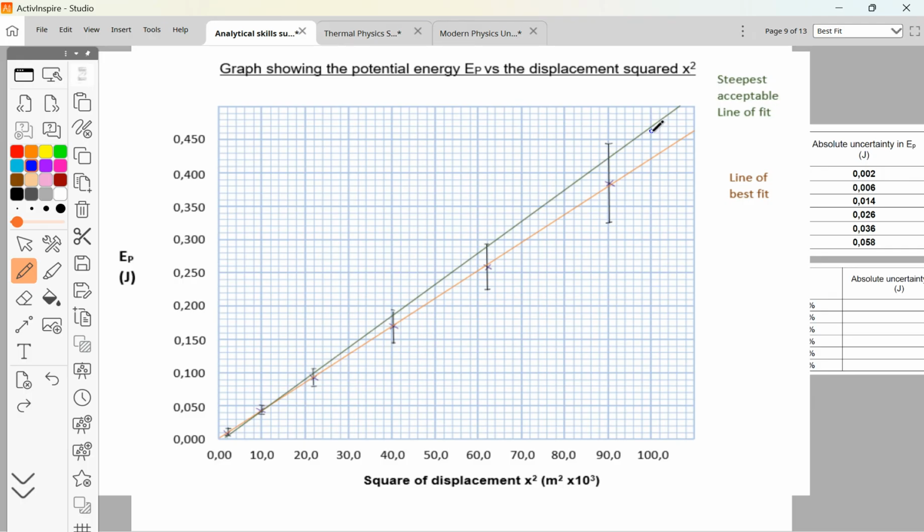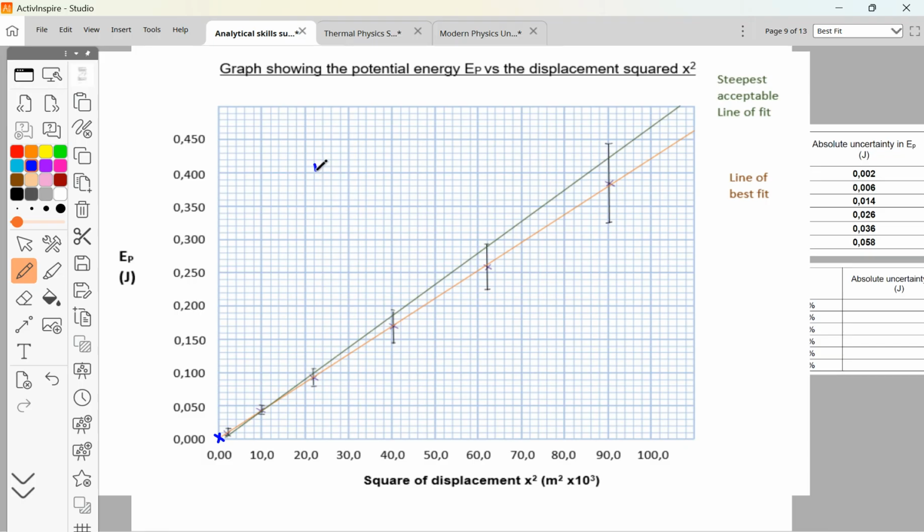There was something else I wanted to say. Please don't force the line through 0. If your line of best fit goes through 0, that's perfect. So you can see the trend here is passing through 0. So 0 is a point. But don't force it through 0, because there sometimes is, if the equation that you are using in the end for the analysis, and you can determine that in your reading time already, if the equation has a plus or a minus,